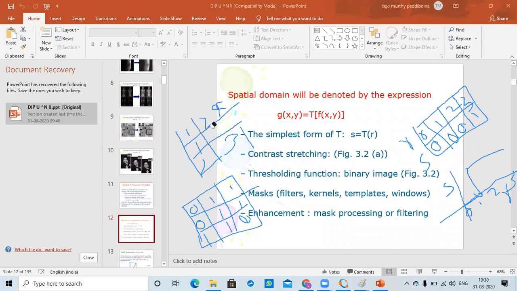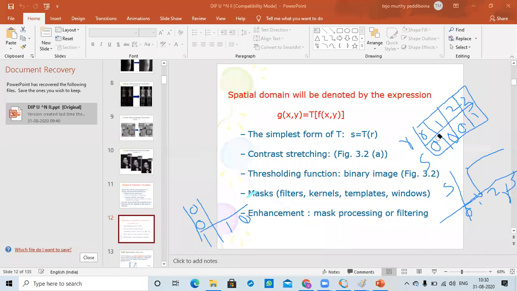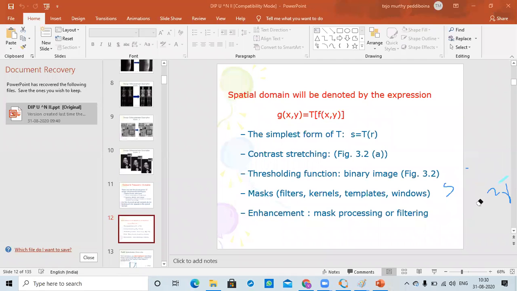I'll take eraser now. Now for example, I have intensity values from 0 to 255. This is my R, for suppose, and this is my S value.